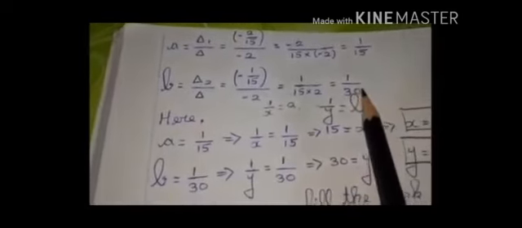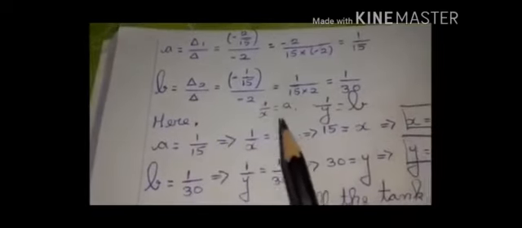That is, a plus b equal to 1 by 10 and a minus b is equal to 1 by 30. Using Cramer's rule, we are going to find delta, delta 1 and delta 2, and I am getting the values here. After getting the values for delta, I am going to find a and b, that is a equals delta 1 by delta and b equals delta 2 by delta. And what is the answer I am getting here, students? 1 by 50, 1 by 30.